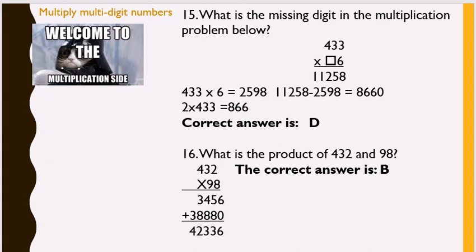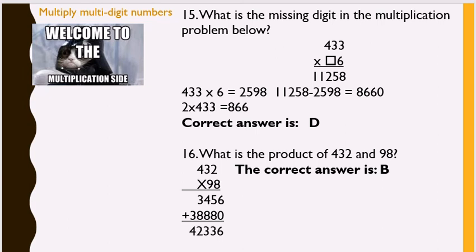So 433 times 6 equals 2,598. Now, we know that the product of the entire problem is 11,258. So we subtract 2,598 from 11,258. And that answer is